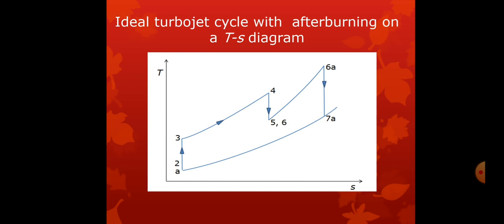So as usual, as in the previous diagram without afterburner, we will have from A to 3 a compression process, and from 3 to 4 a combustion process. Then we will have an expansion from 4 to 5, and from 5 to 6a we will have an additional amount of heat. That is where in the afterburner we add some amount of fuel, and we make the gases more energetic, so that the heat will be increased much more. So from 6a to 7a we will have an expansion process. From 7a we will be leaving to the exhaust. From 6 to 7 we will be leaving everything to the exhaust.